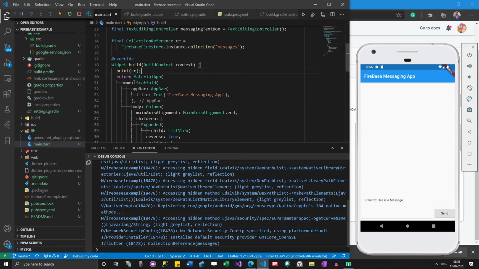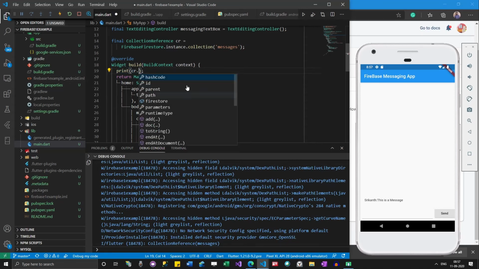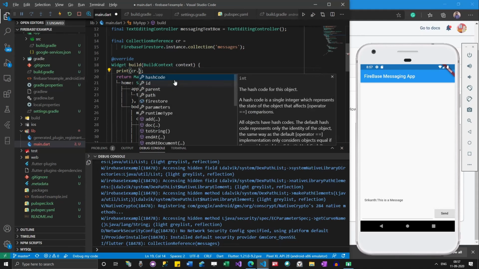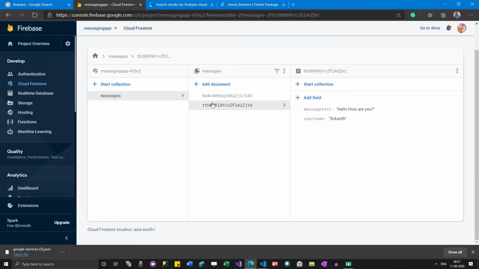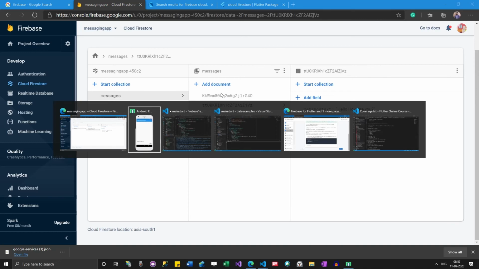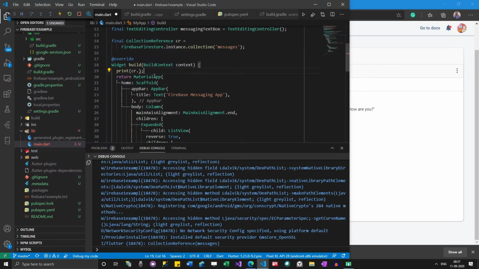I think we won't be able to read any messages from it, but let's try. Let me try something like this. Okay, it's not working.